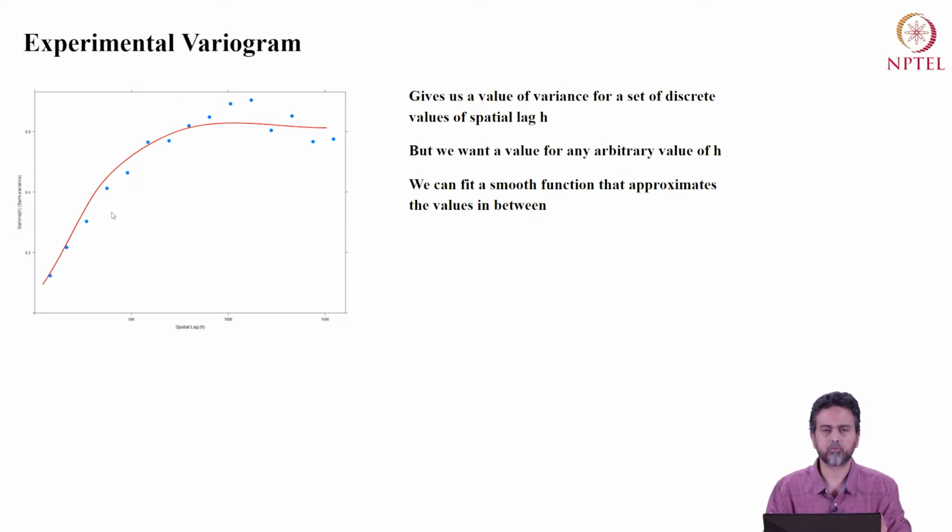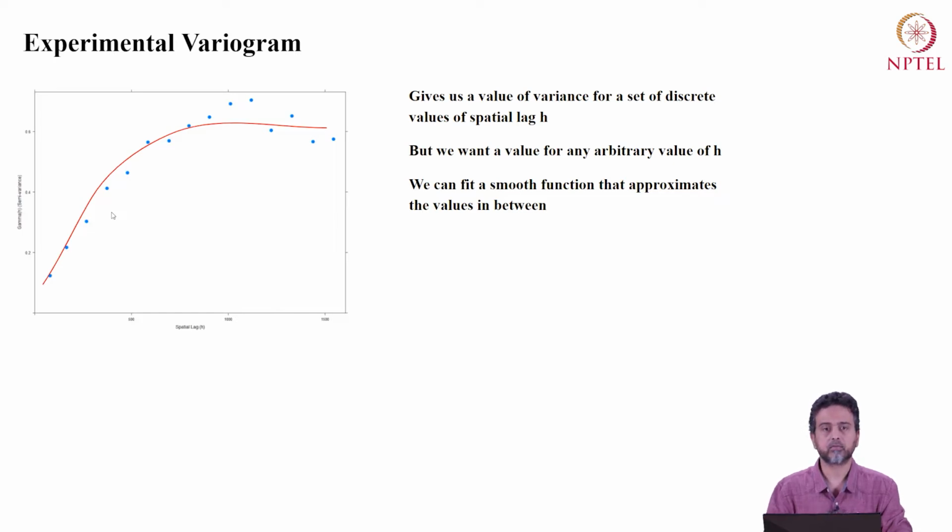And the idea is that this smooth function is continuous, so we can get a value of variance or semi-variance for any value of h without sacrificing a lot of accuracy, because our belief is that this function fits these points pretty well. And we should also be able to say or quantify how good the fit is. If it's not a very good fit, then we have to question our choice of function and try a different one. And we should also be able to compare one fit from the other. So if we fit two different functions, we should know which one we prefer based on some quantified measure.